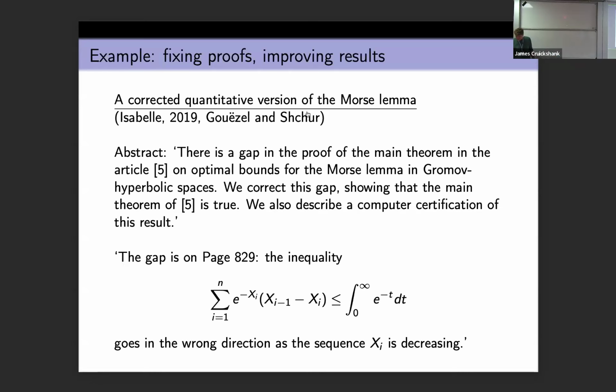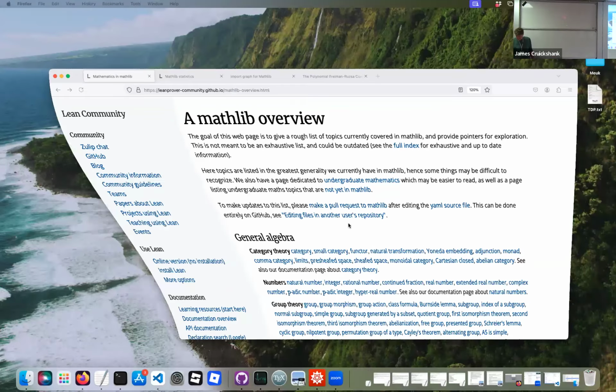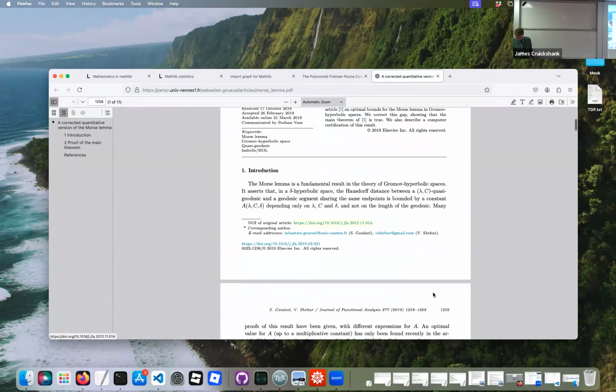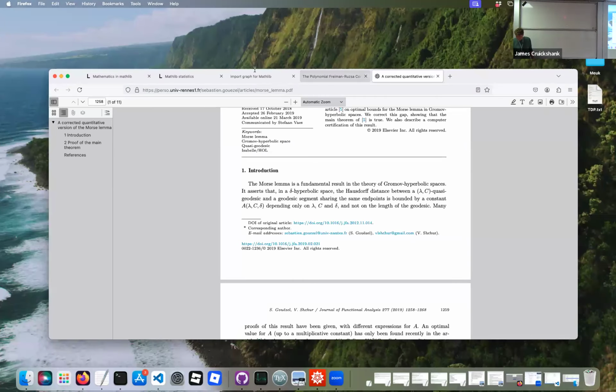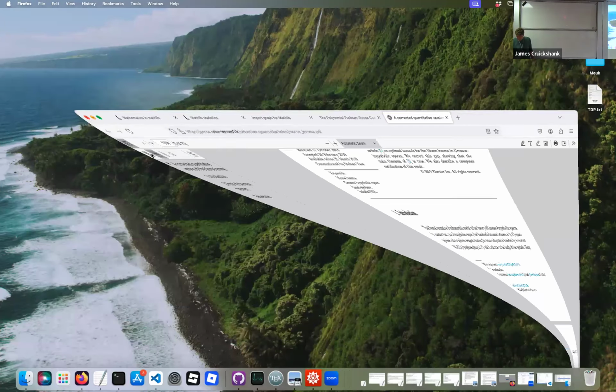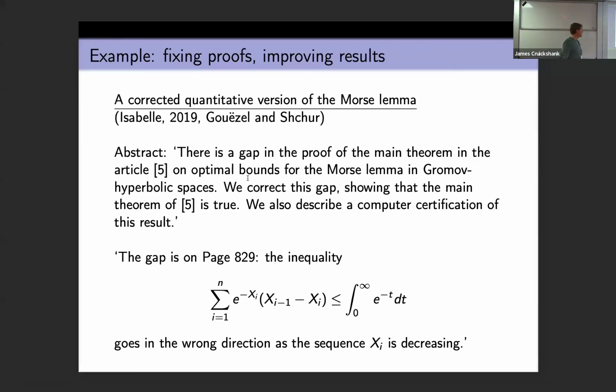You can even, I think, click it and we get to the paper. But one of the things, okay, abstract. So there was a paper by Sure about some qualitative version of the Morse lemma. You don't have to understand what this means. If you're interested, you can read the paper. Some of the quality that people care about